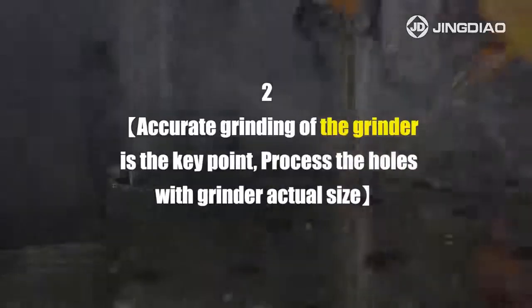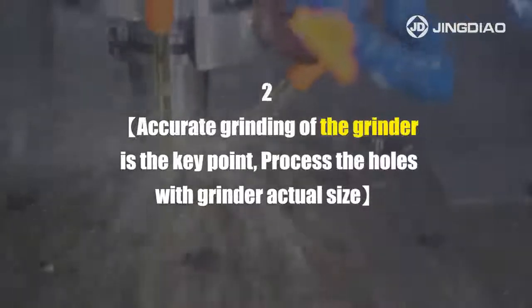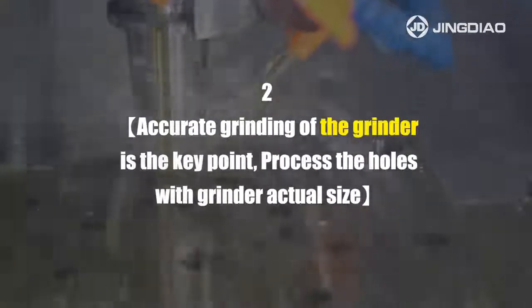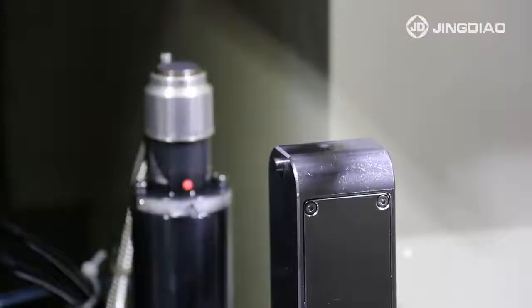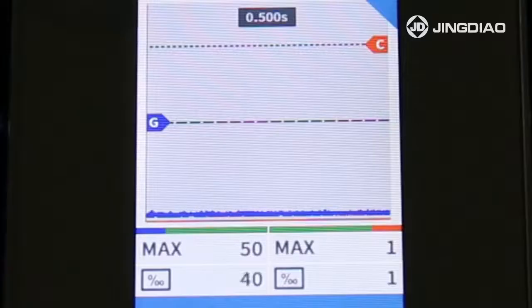In addition, to achieve accurate grinding is the key point. Grinding holes by means of the grinder's accurate diameter value is the focus. How to get the grinder's actual diameter value? Our method is to inversely calculate it from the hole actual size. Firstly, we use the grinder's nominal size to program and adopt a special measuring instrument to gauge the initial value